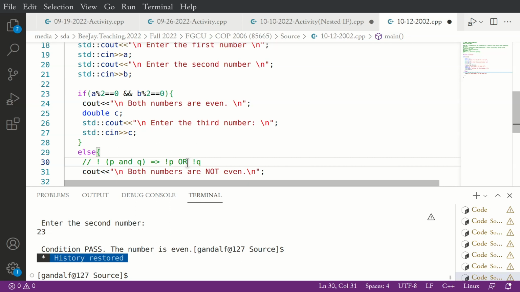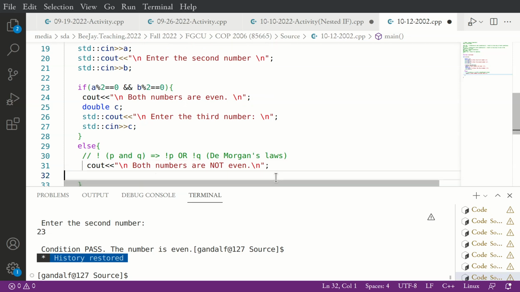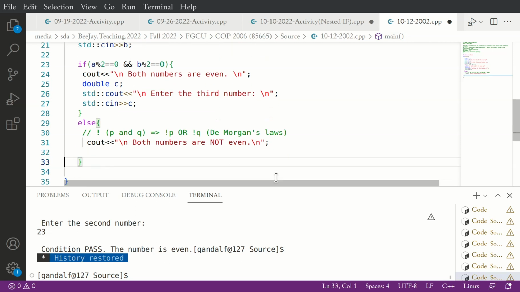So one of the De Morgan's laws. Okay, so we have the else part, and lastly, what I'm going to do